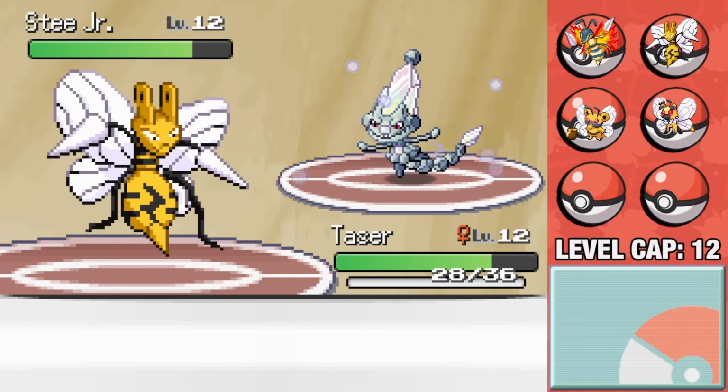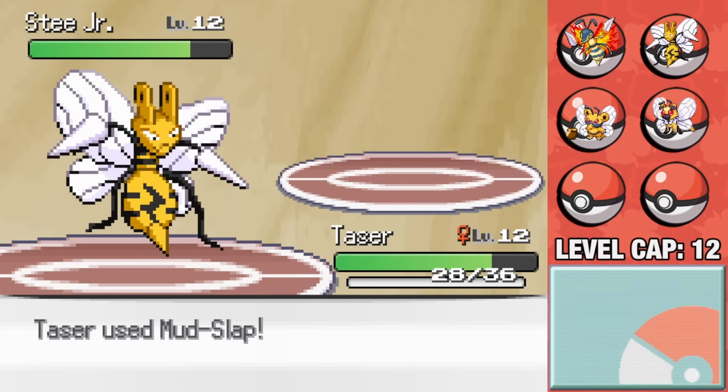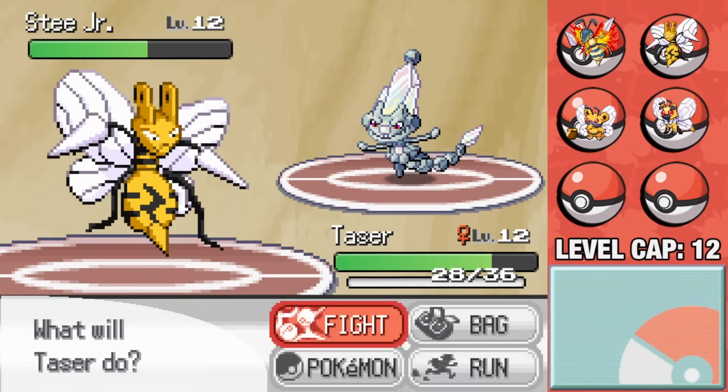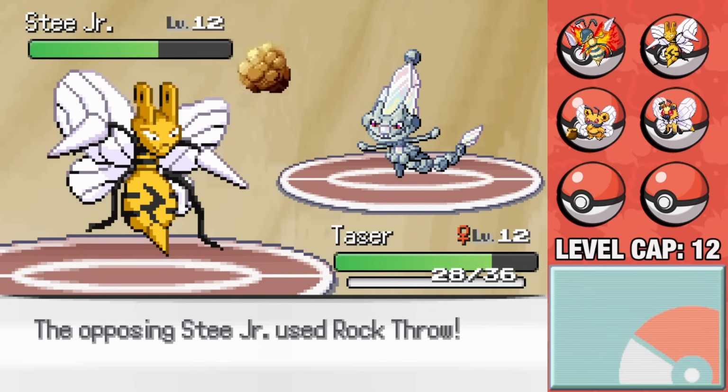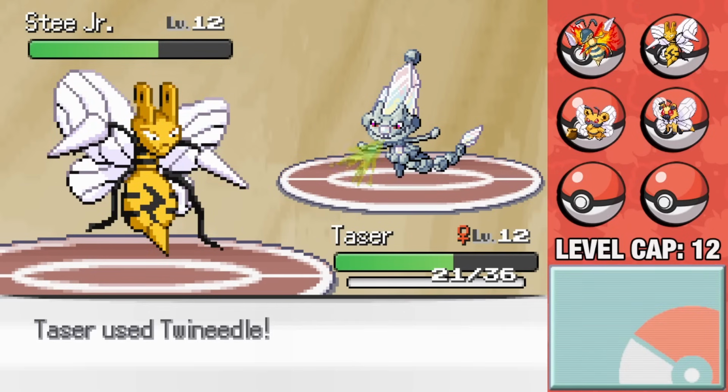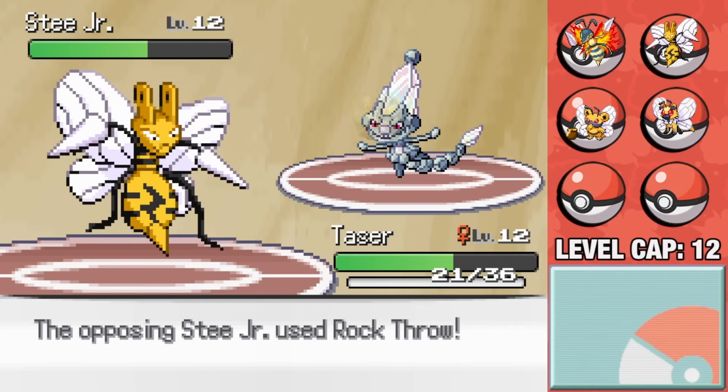And I'm going to go for a Mudslap, lowering this thing's accuracy, and fortunately it misses a Confusion, so we might as well keep on going for it here. It then misses on a Rock Throw, but it's going to heal up with a Citrus Berry as we continue to lower its accuracy. From here we can go for a Tweedle, but it doesn't do a damn thing